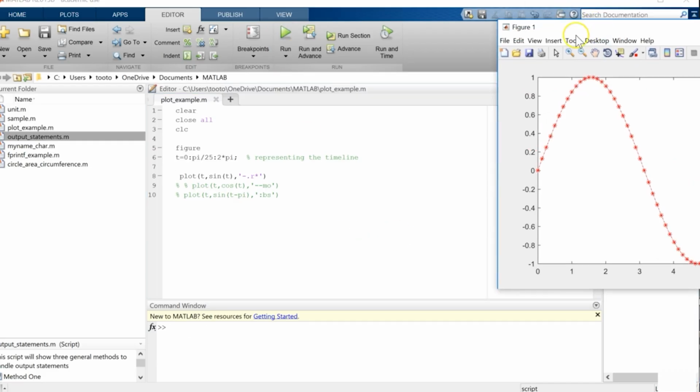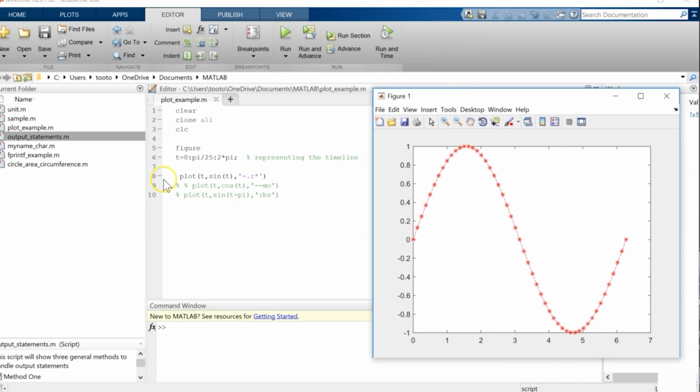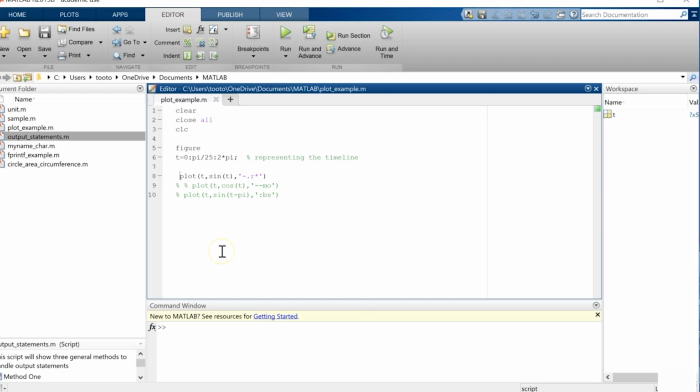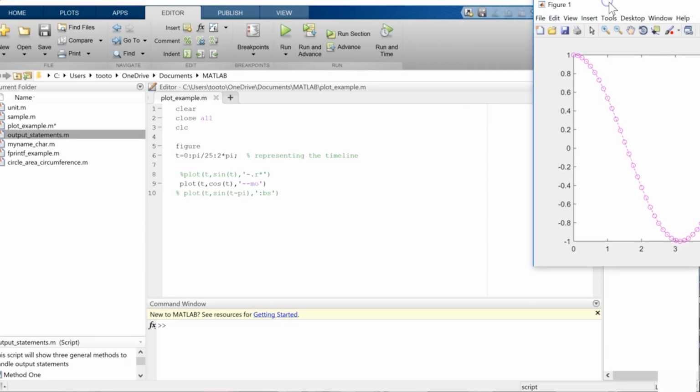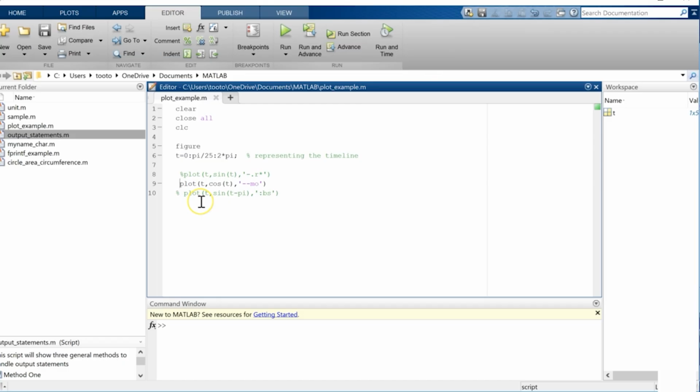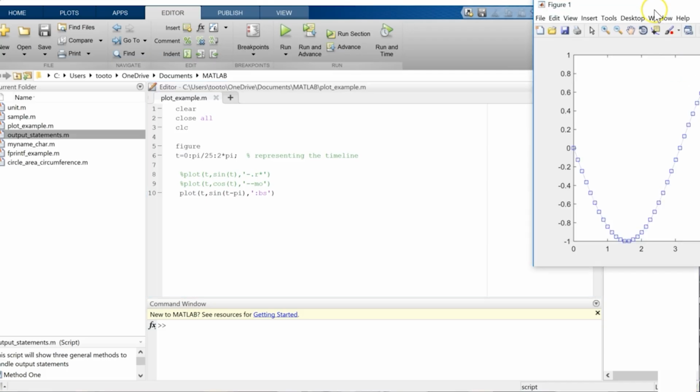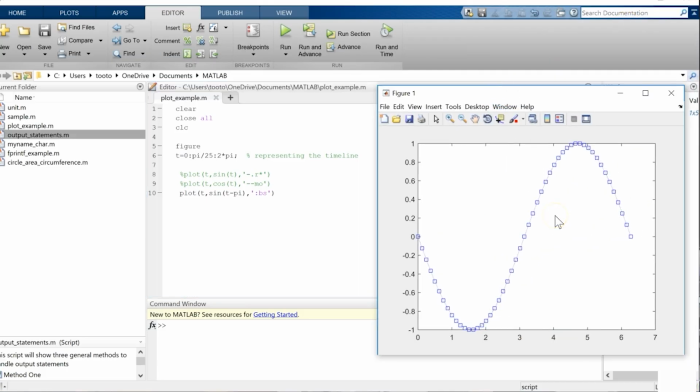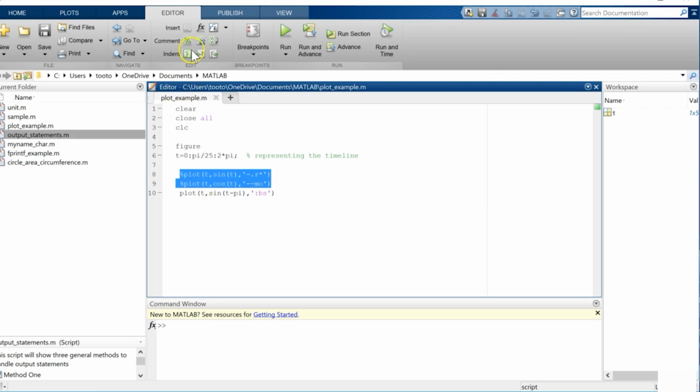So let me actually show to you what happens. So the first time, this will run. But as the second code is executed, the first one will be overwritten. And once the third one is executed, the previous 2 ones are overwritten, like this. But this is not something that we want. We wanted to have all of them together. So there is a function, or better say code,